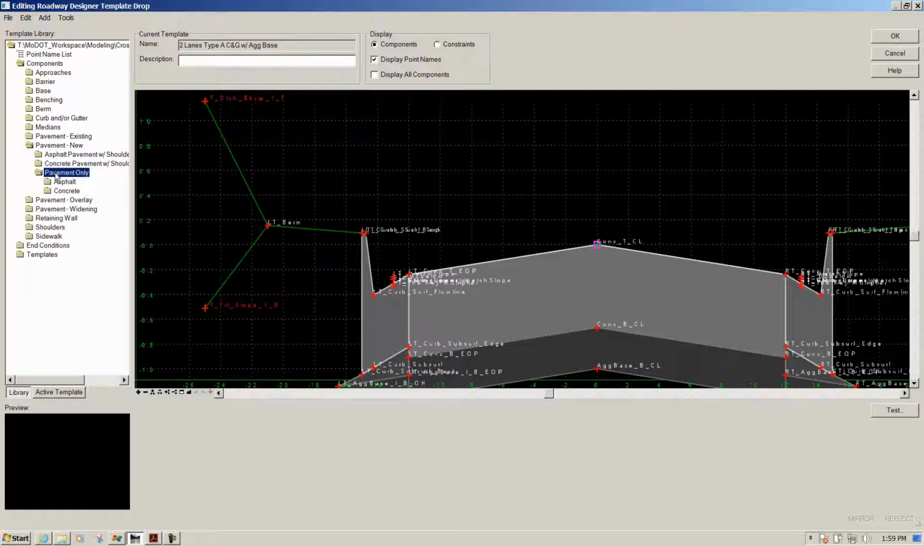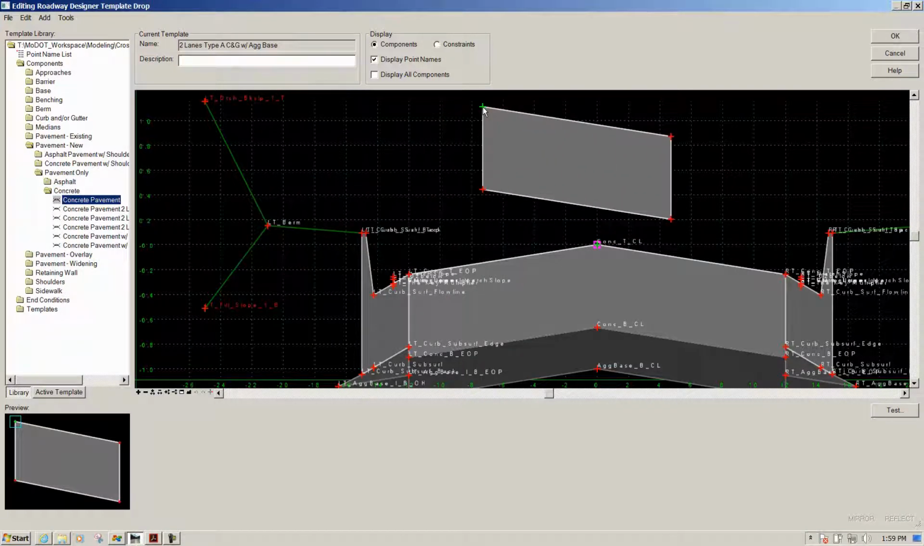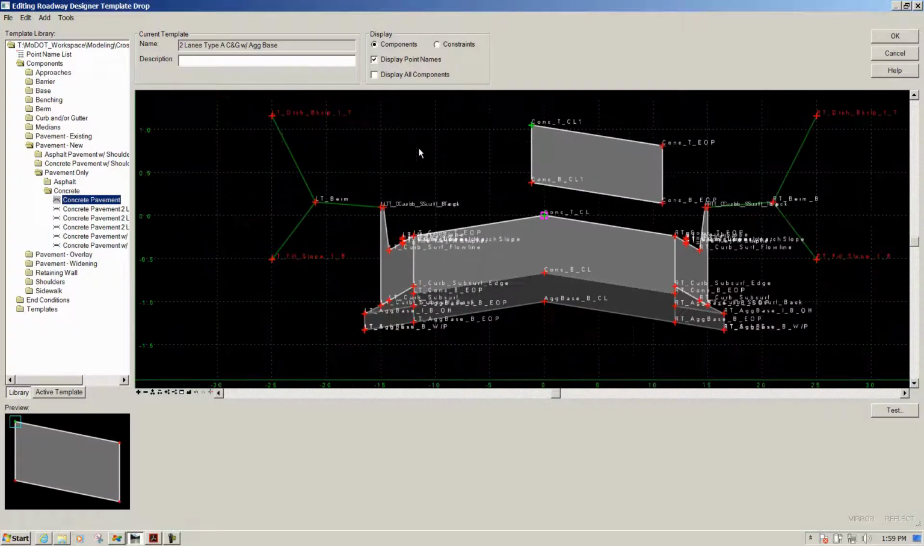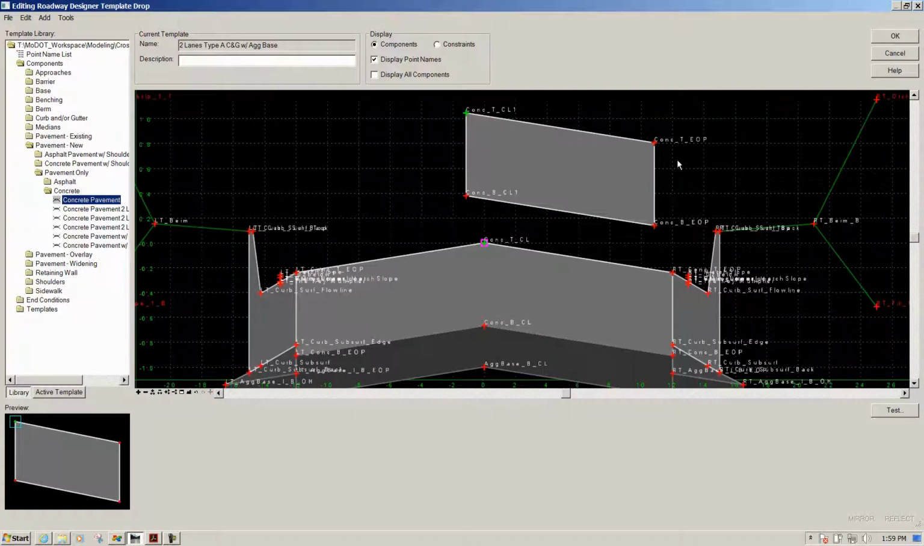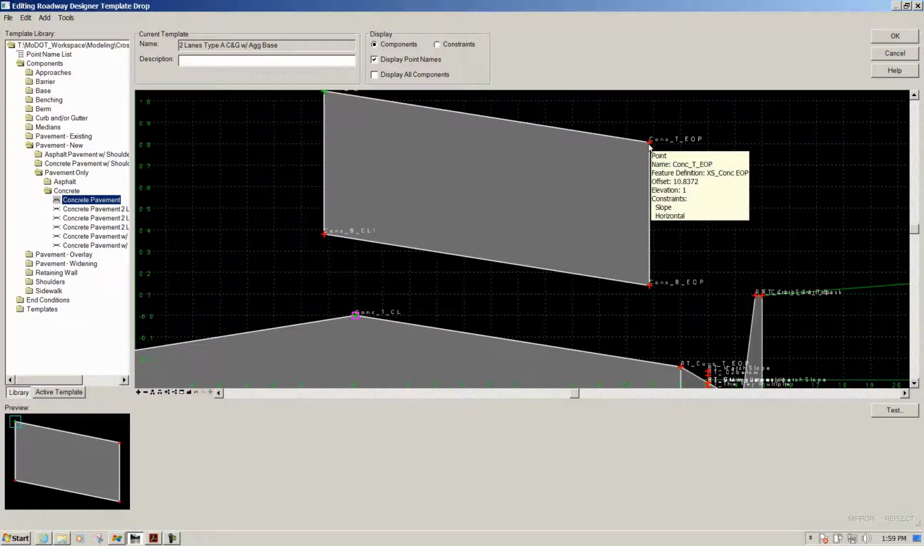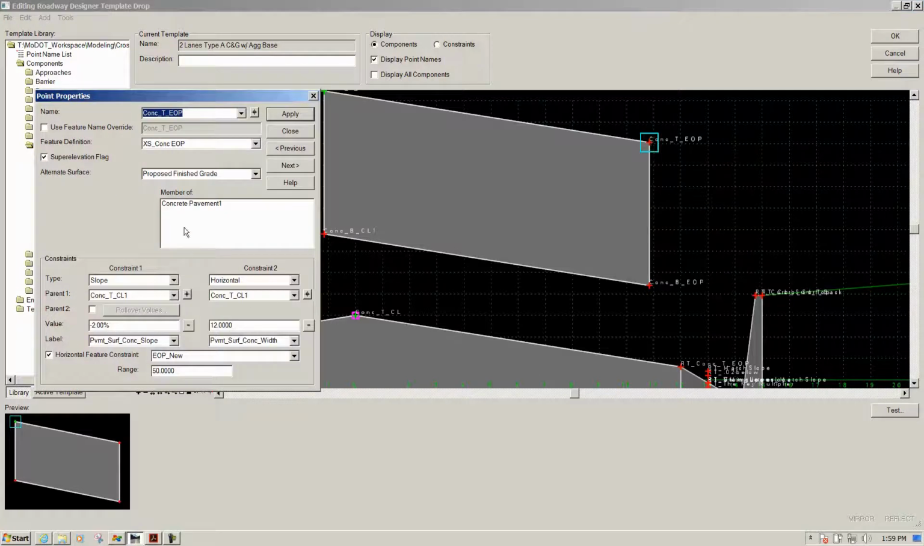Let's go to pavement only. That's where I was wanting to go to. Concrete. I'm just going to put a pavement concrete out there, kind of like so. Okay. So it's its own component, and we've got a point here, and this point is part of the concrete